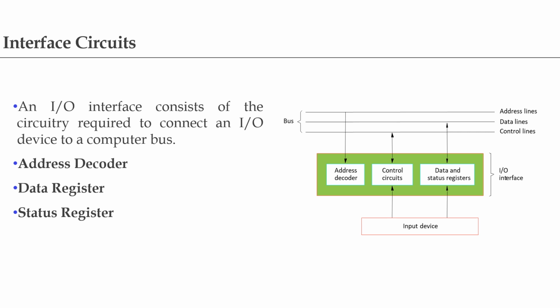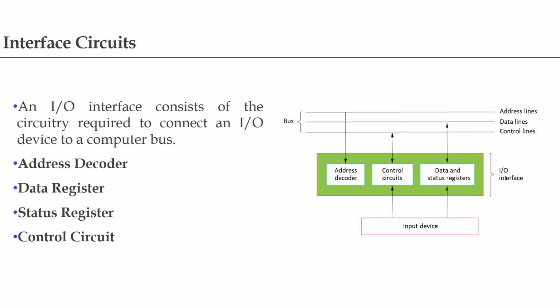Status register contains the information relevant to the operation of the input-output device. Control circuit detects the operation of the processor. The address decoder, the data and status registers, and the control circuitry required to coordinate input-output transfer constitute the device